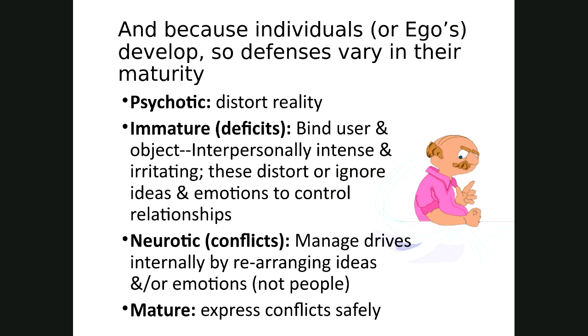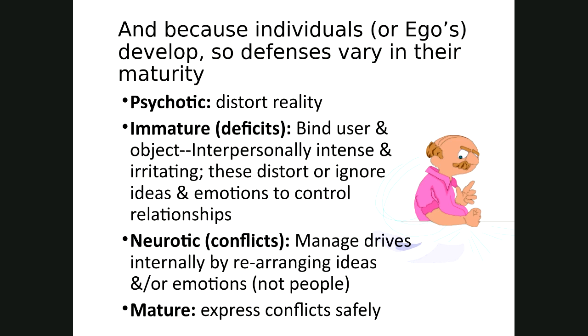The immature defenses reflect deficits in earlier needs. And when I say earlier, I mean needs prior to the development of an independent, separate, cohesive, autonomous self. In the absence of what Erickson would call an autonomous self, there is intense vulnerability to shame and doubt. And the immature defenses reflect chronic methods or means of trying to control other people, which is why the immature defenses bind user and object, that is the user of the defense and the object that they are engaged with, in intense, irritating